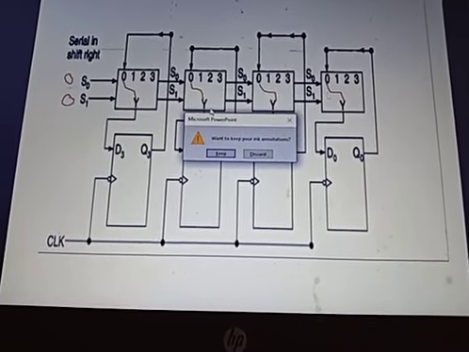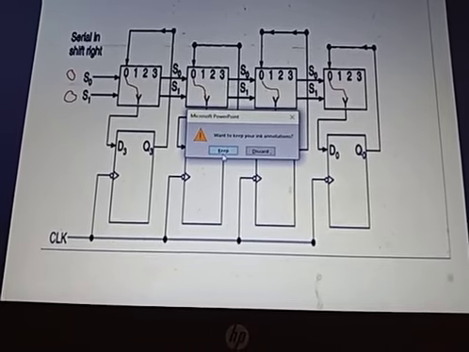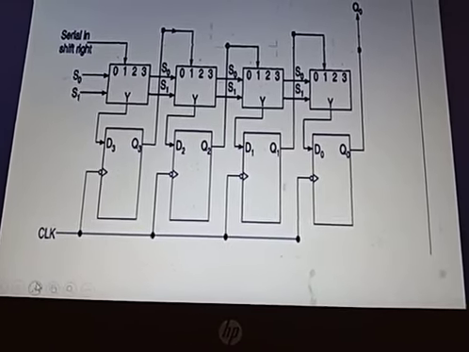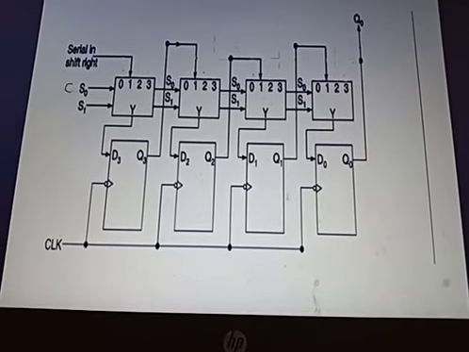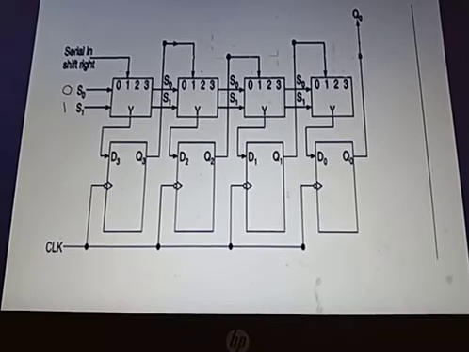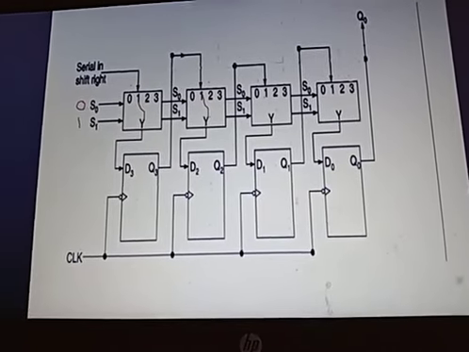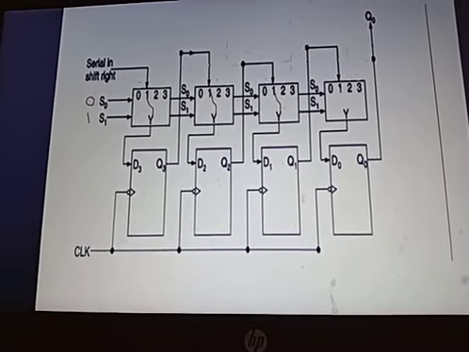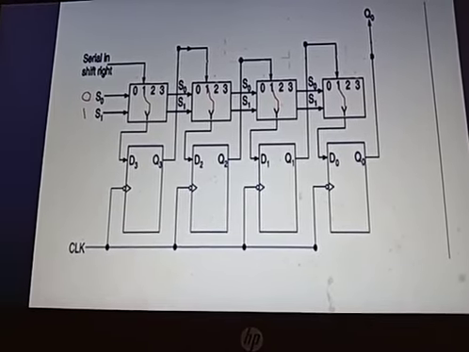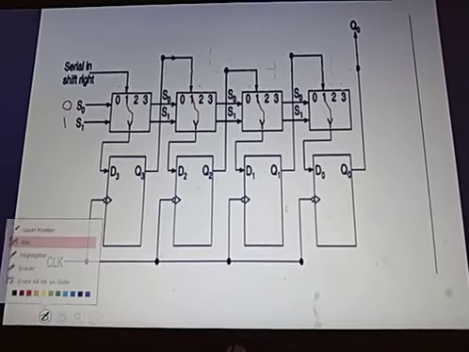Now the second case is where I am going to give S0 equal to 0 and S1 equal to 1. When I give S0 0 and S1 1, that means input 1 will be connected to your output. So only this will be available. Only this will be acting as a switch, and the connections for 0, 2, 3 become meaningless. So in this case, if I rearrange and delete all of the remaining lines, you can see what is happening here.